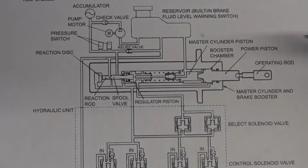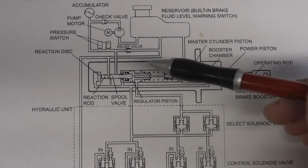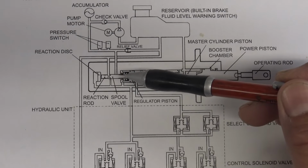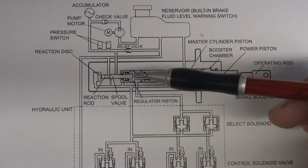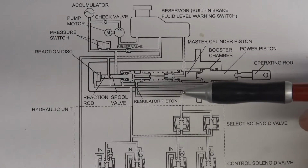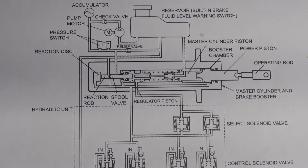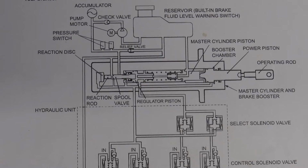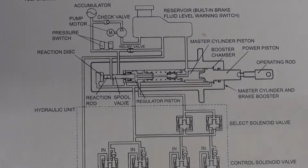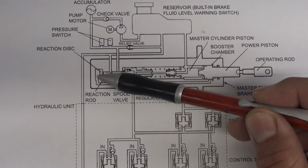When the spool valve opens line A and closes line B, the accumulator pressure is applied to the rear brakes. This pressure is introduced to the booster chamber and provides power assistance to move the master cylinder piston to the left. Then, when pressure in the booster chamber increases, the pressure which is applied to the rear left side of the reaction disc, so this side of the reaction disc,